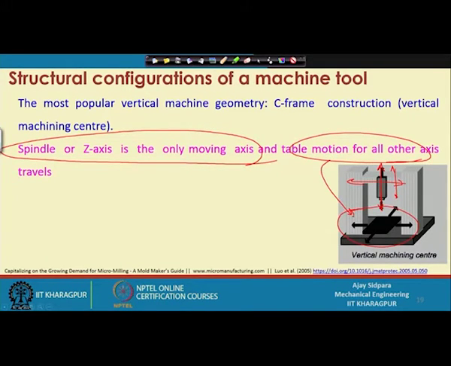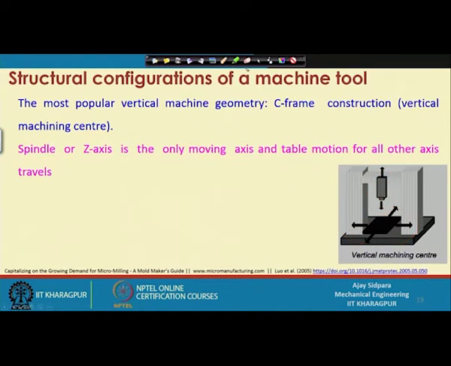So, why it is important here? Because whatever structure you are making, like we know that getting a perpendicularity between the two surfaces, it is extremely difficult, because even if there is a problem in the few microns here and there, that is enough to destroy the component or the operation at the later stage when you are using that particular defective machine for micro machining operation. So, better that whatever moving axis that it should have minimum amount of movement in different direction. So, this is the configuration where you have only spindle or Z axis which is moving vertically in this particular case, and that is a very big advantage compared to other setups.